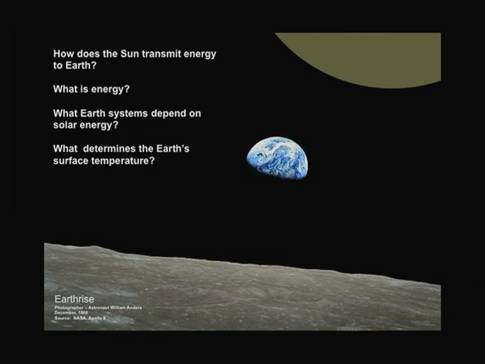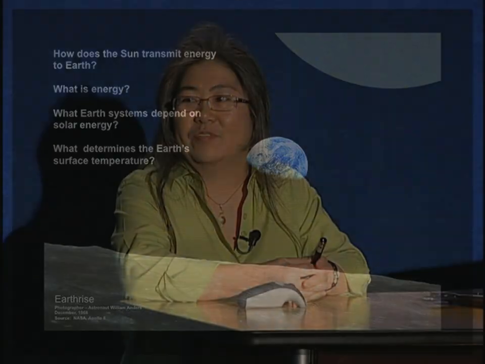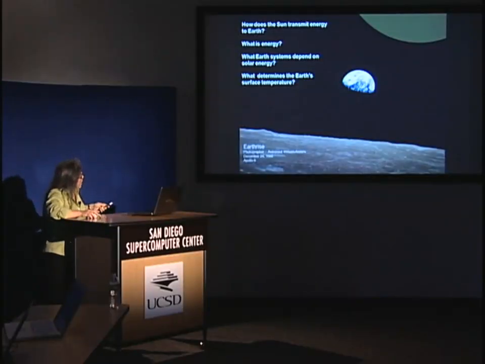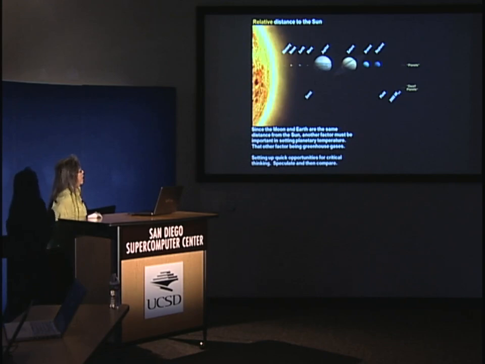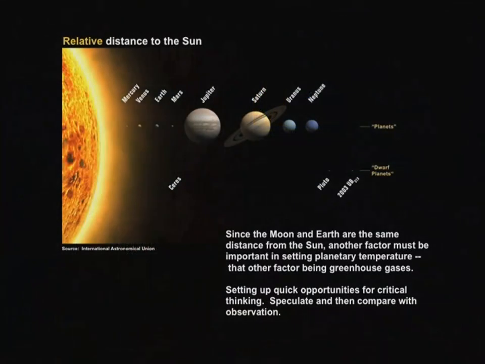If we look at this picture, now this one happens to be one from the late 60s that was taken on an Apollo mission. It's the first time that most Americans get to see, and actually the world gets to see, the Earth as this thing in space. Now, if we look at the Earth and the Moon and all the other planets, now these planets are not spaced out in real space. However, they're in the right order.